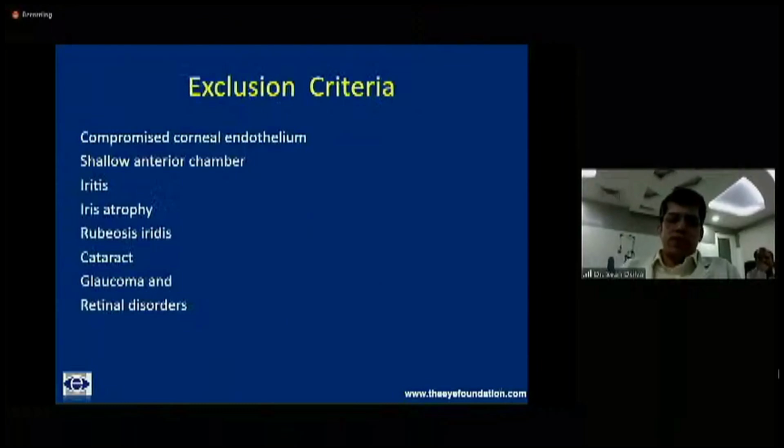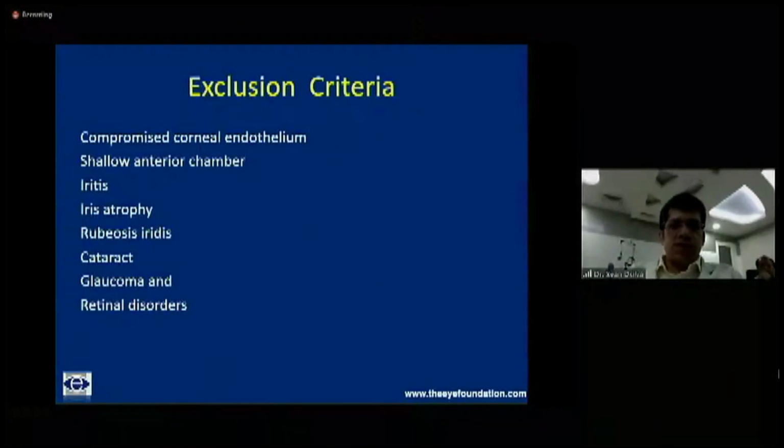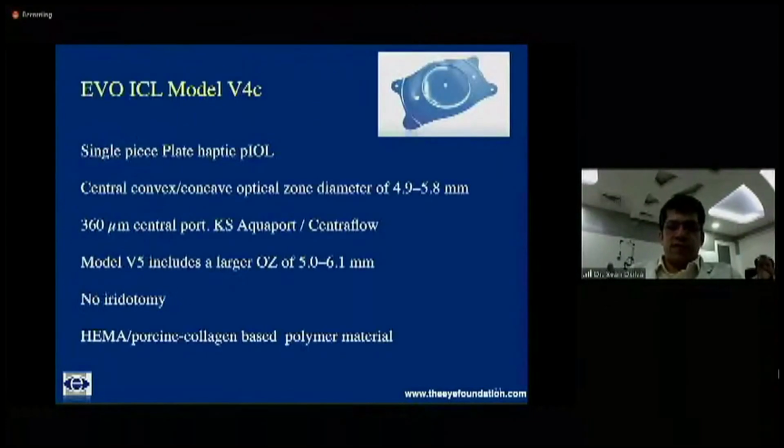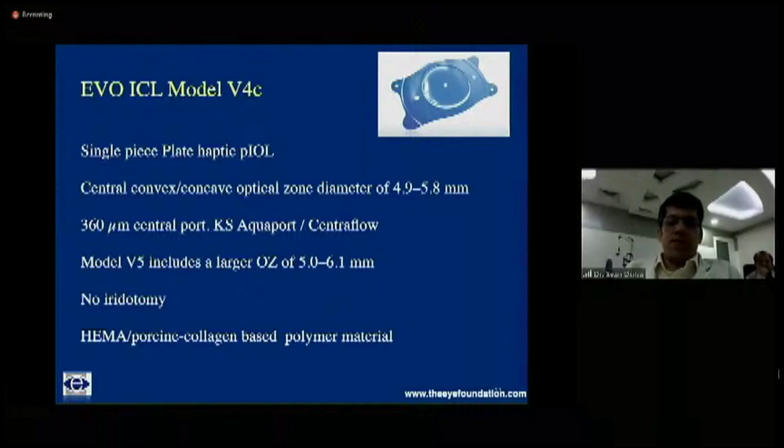Exclusion criteria are cases with compromised corneal endothelium, a shallow anterior chamber, iritis, iris atrophy, rubeosis, cataract, glaucoma, and retinal disorders. Here again, most of the talk will be centered around the latest model of the ICL, that is the V4C. Here, in addition to the V4B, there's an additional central port of 360 microns called the KS Aquaport. The V4 Evo Plus is the V5 model with a larger optical zone, and no iridotomy is required for